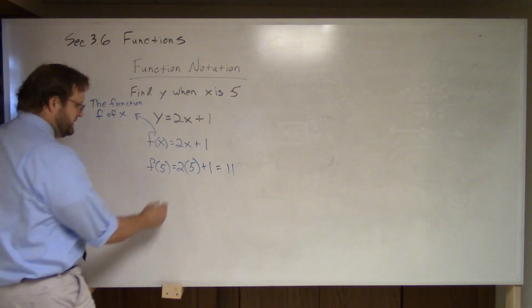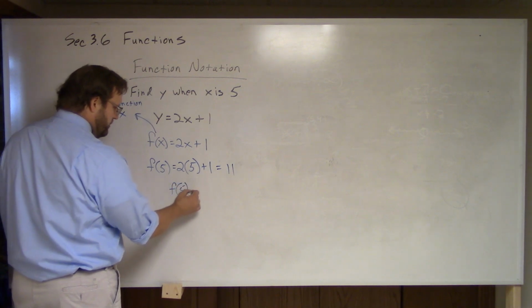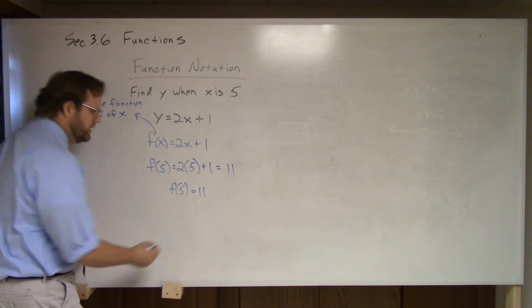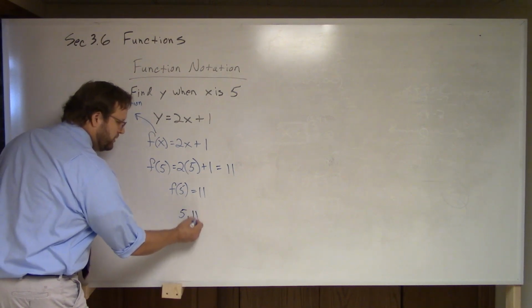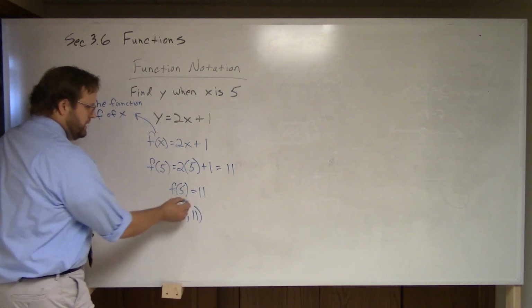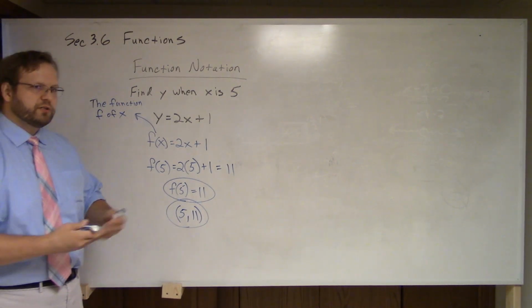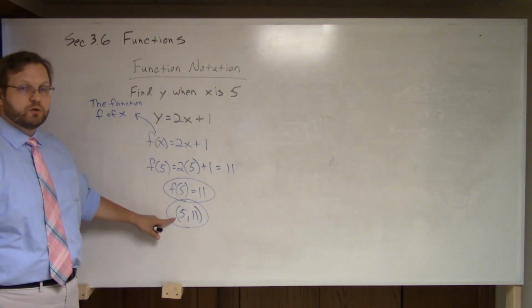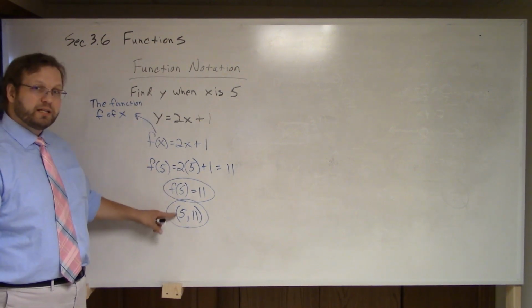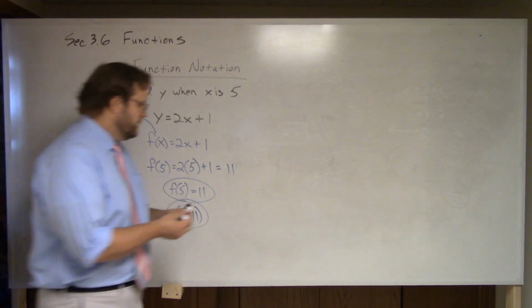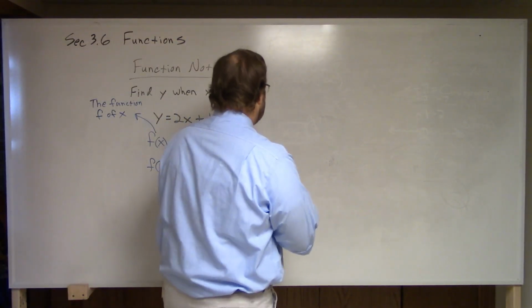So you could simply say, well, f of 5 equals 11, or remember, these are ordered pairs, inputs and outputs. Input 5, output 11. Either one will work. Sometimes they'll specifically ask you, write your answer as an ordered pair, then go ahead and do so. But if they don't specify, either one of these should be acceptable. Okay? Let's look at a couple more, and then that'll be it for this section. Let's say I give you